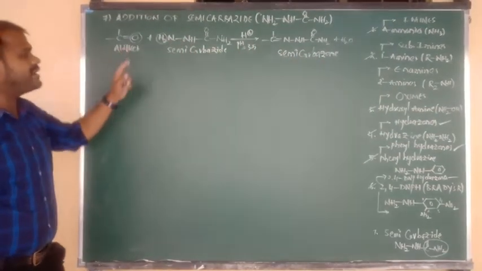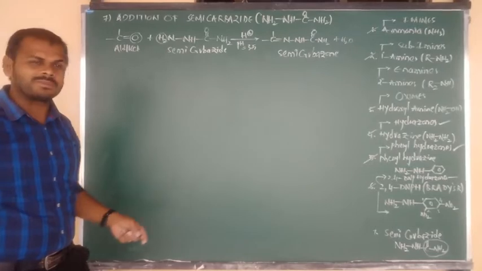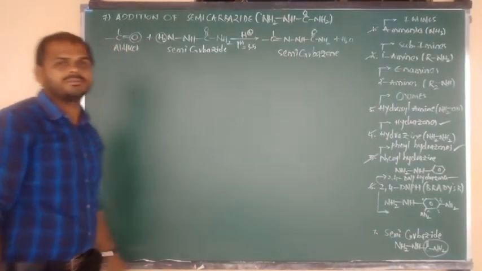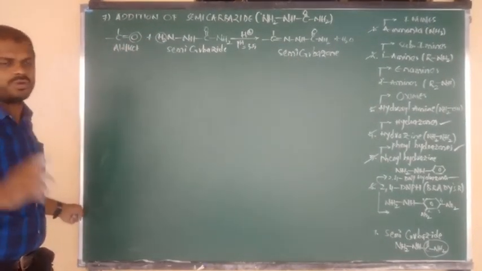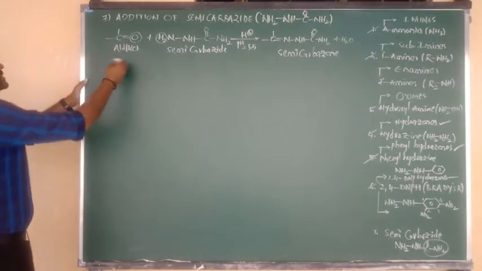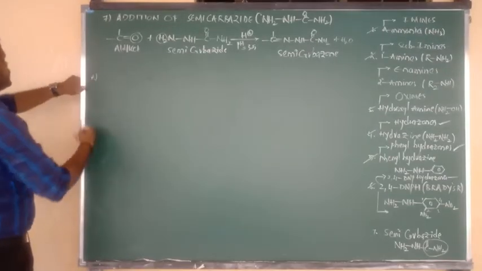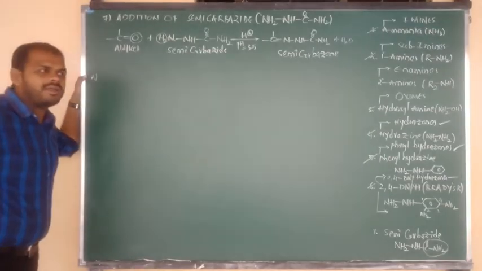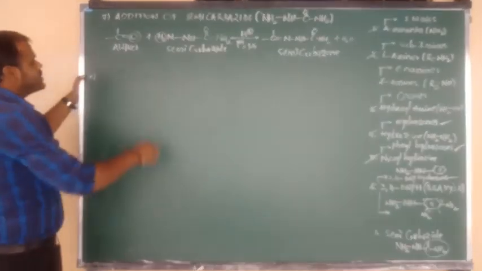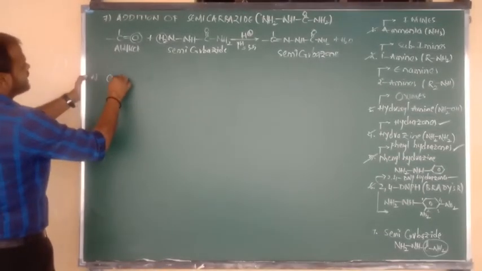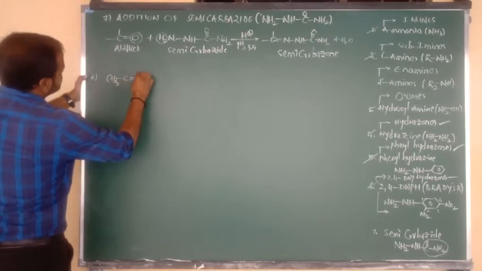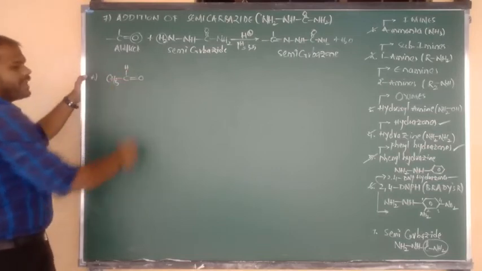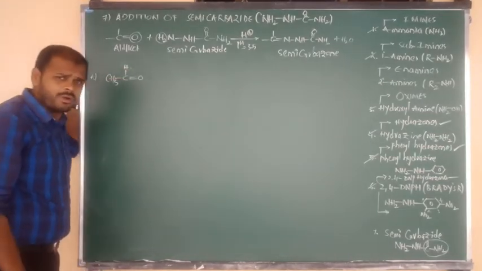So aldehydes and ketones on reaction with semicarbazide give the product, which is nothing but what, beta? Semicarbazone. Fine, right. So here also I want to give you only two examples, one by taking an aldehyde, and one more by taking a ketone. From aldehyde, let me consider acetaldehyde, CH3 bonded to C double bond O bonded to H, or simply we can say CH3 CHO.